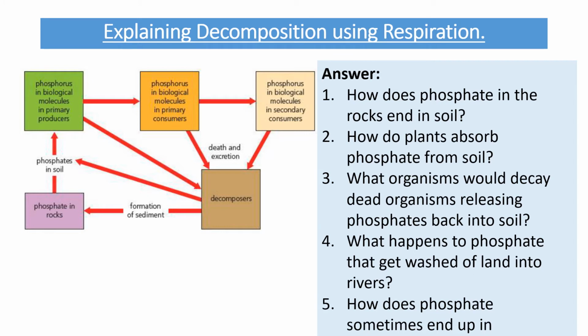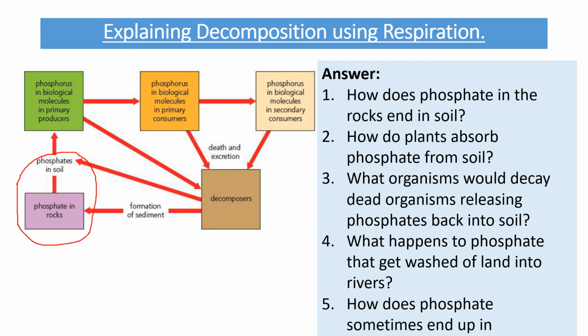So let's have a look at this in a little bit more detail then, and have an idea of some questions that you could be asked. So how does phosphate in the rocks end in the soil? Well, that's what we just talked about in this stage. That would be some form of weathering, and we don't need to worry about the different types of weathering. You're not in year 7 doing science, but if you remember, there's freeze-thaw weathering where it gets hot and cold, breaks rocks down. There's chemical weathering,